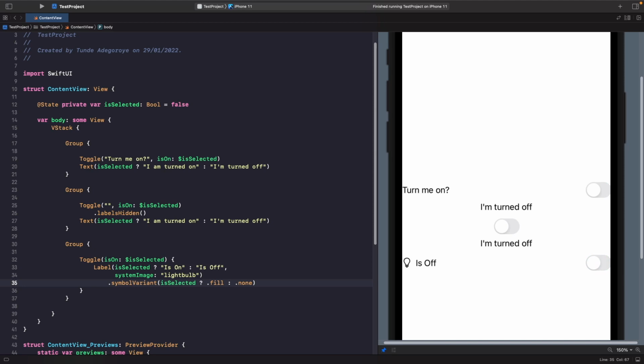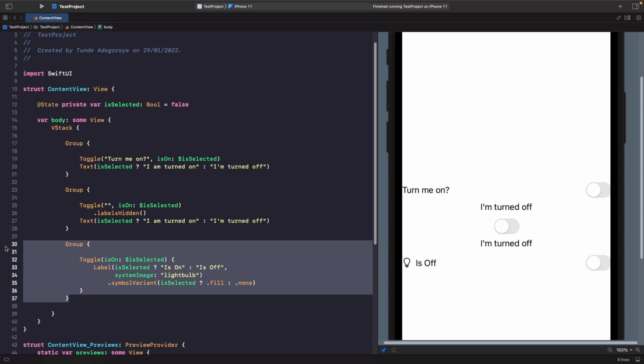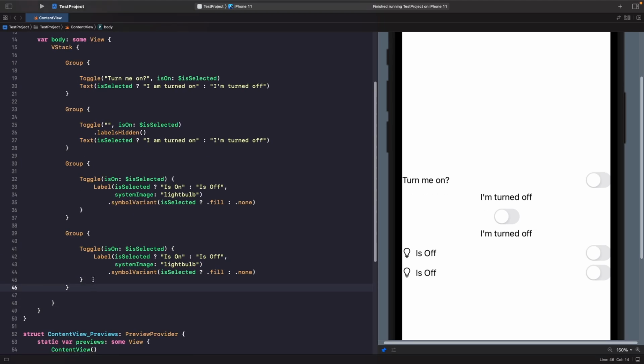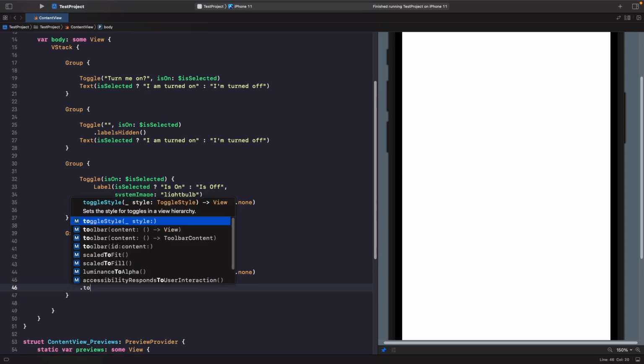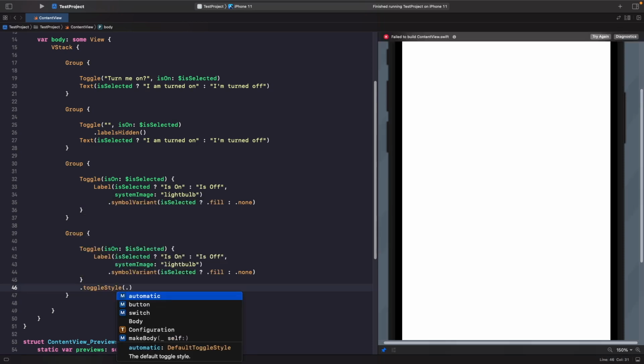But we can actually go a step further and customize our toggles by setting a toggle style. So by default, the toggle style is this switch, but if we wanted to, we could get a toggle style where we get a button. So let's actually copy this, and if we set the toggle style, so on the toggle we'll just say dot toggle style, if we set this to be button,